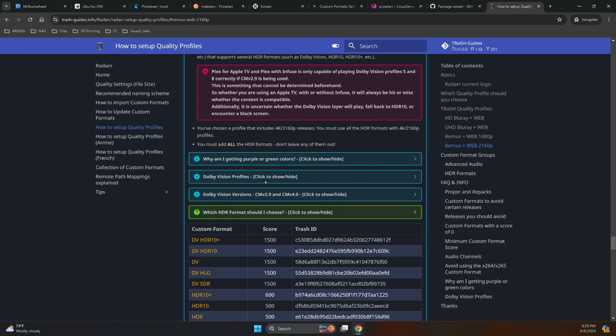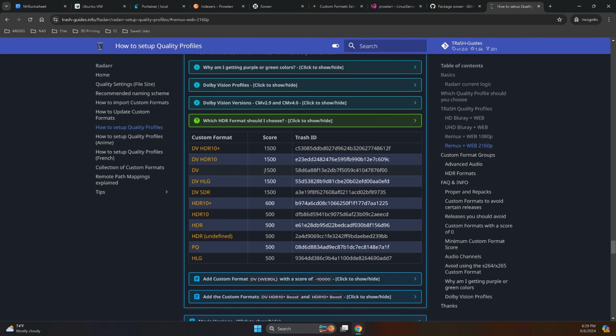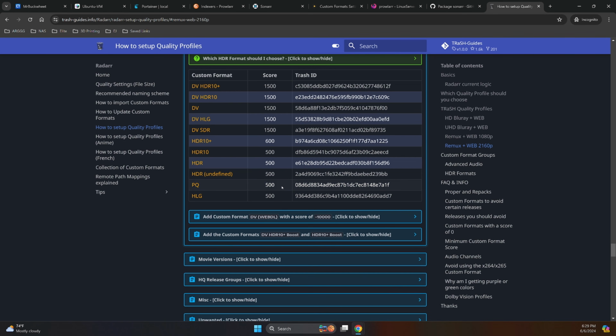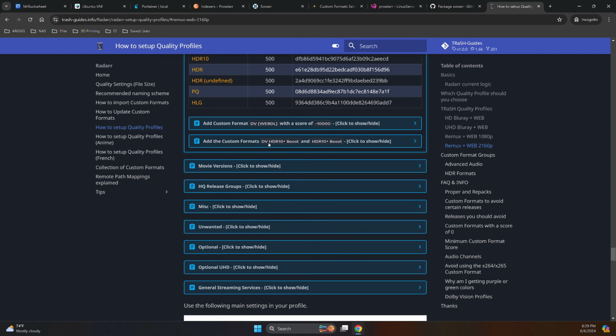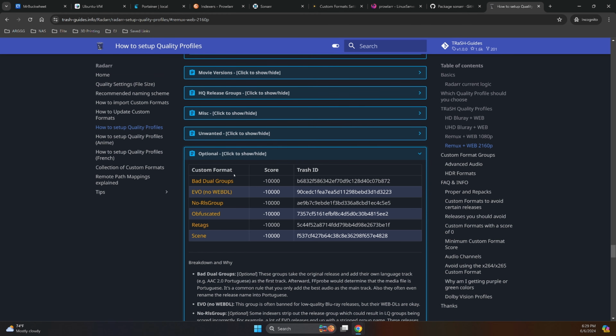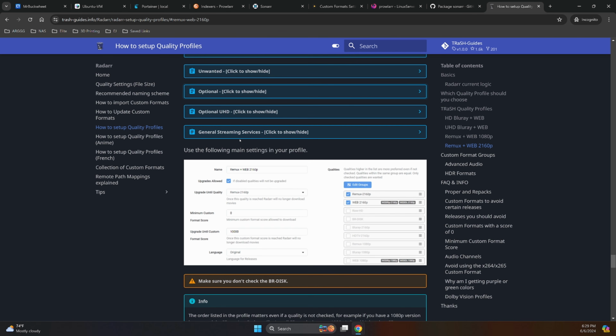Following all your HDR formats, and again, there's going to be breaks. This is going to be complicated, and the most time consuming. I apologize, it does suck, but the thing is, you only have to do this once. Setting this up the right way is going to prevent some issues later on when it comes to scoring everything and automating everything. That being said, once you finally get all this stuff set up and everything's good to go,